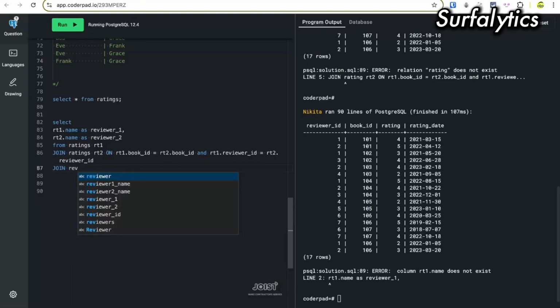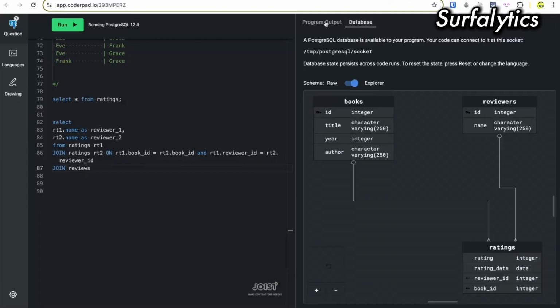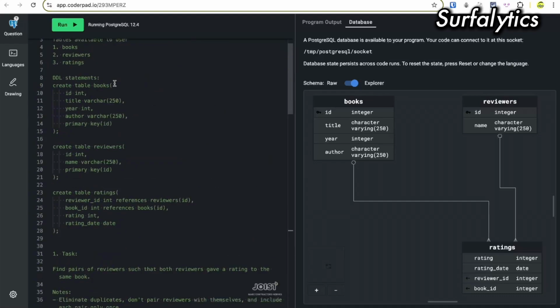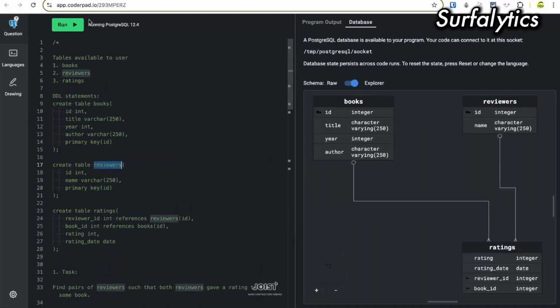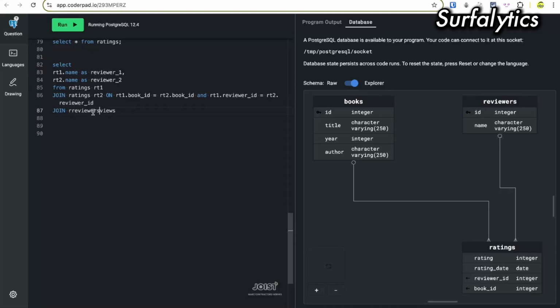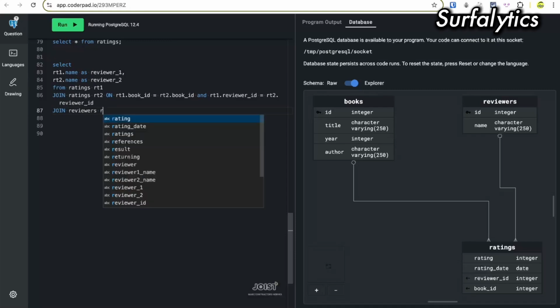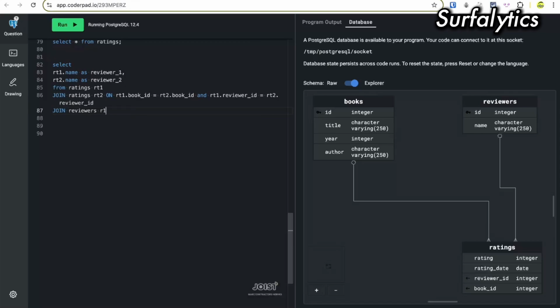Join reviewers. Reviewers. It could be, for example, R1 as R1, and here, yeah.